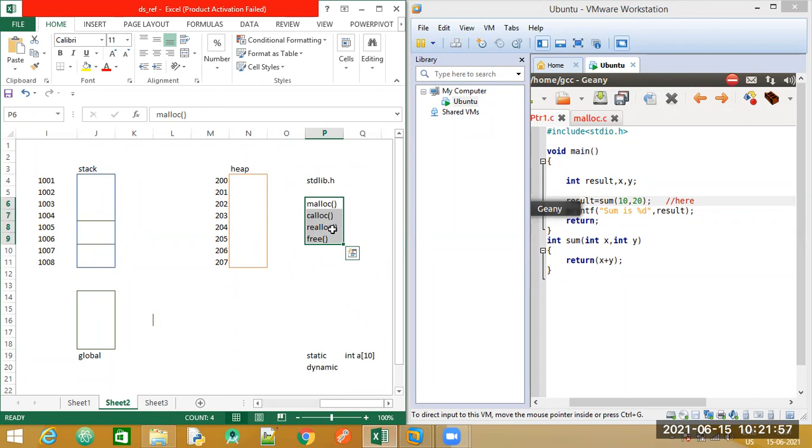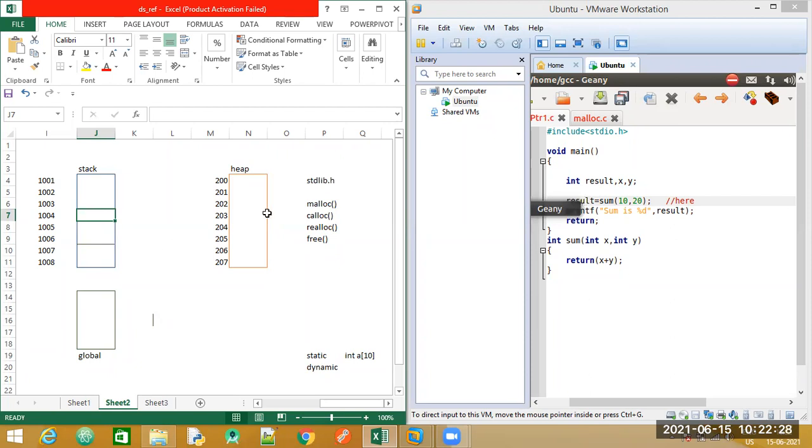Now, this is also called malloc or calloc. Alloc stands for memory allocation. Now, these four are used for dynamic memory allocation. That is what I told. Now, when I told you about the stack, I told you that as soon as program execution is over, it automatically erases it from the memory. We are not coding anything to erase from the memory. The compiler itself, the operating system, will clear it off from the memory.